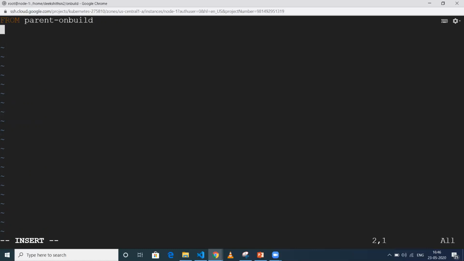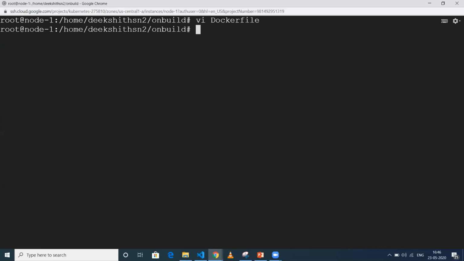So what happens is, let's say you use RUN echo hi. When you do this, the first on build instruction, whichever was there in the parent on build image, will be executed first, and after that only this RUN echo hi will execute. So we will see that now. I'll do docker build, then give a dot, and let me tag it as on build trigger.